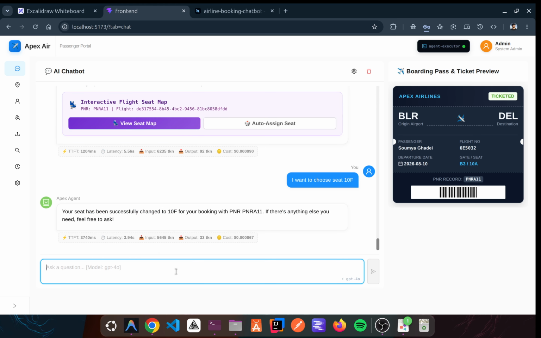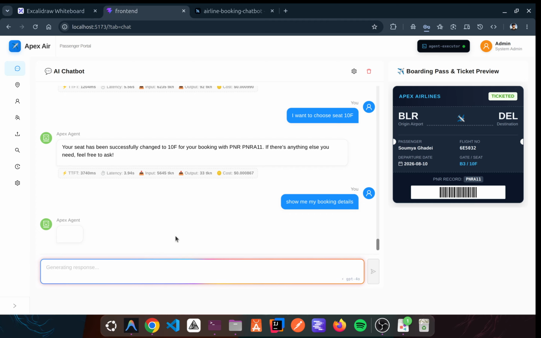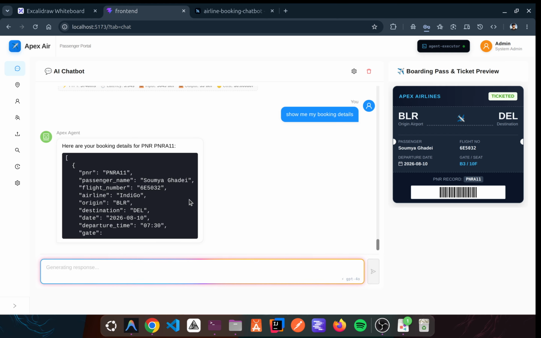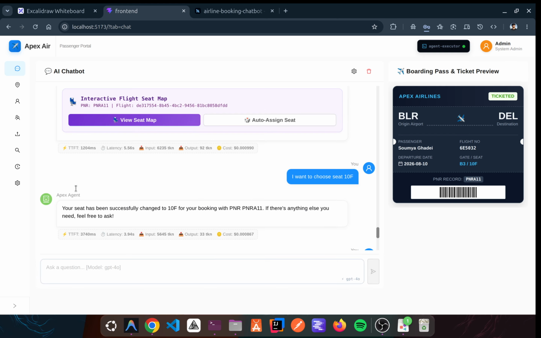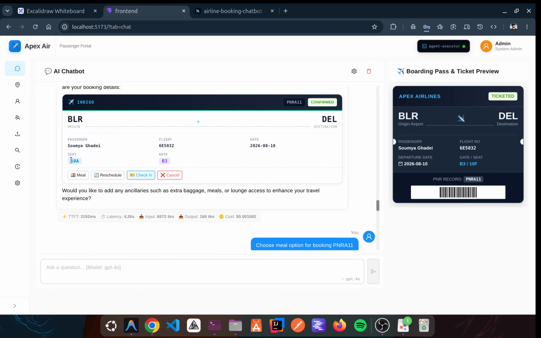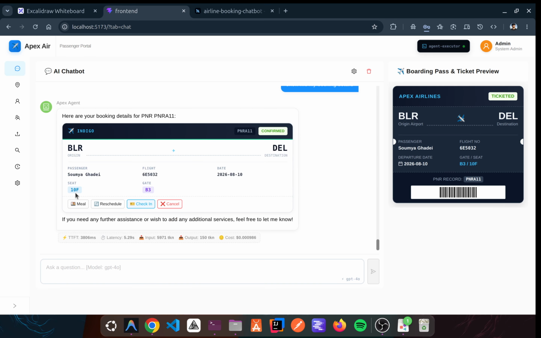Let me verify. I will ask, show me my booking details. So before the seat was 10A, now after updating the seat, it's become 10F. Correct. And my booking is confirmed now. So what I can do is the check-in now. But before doing that,